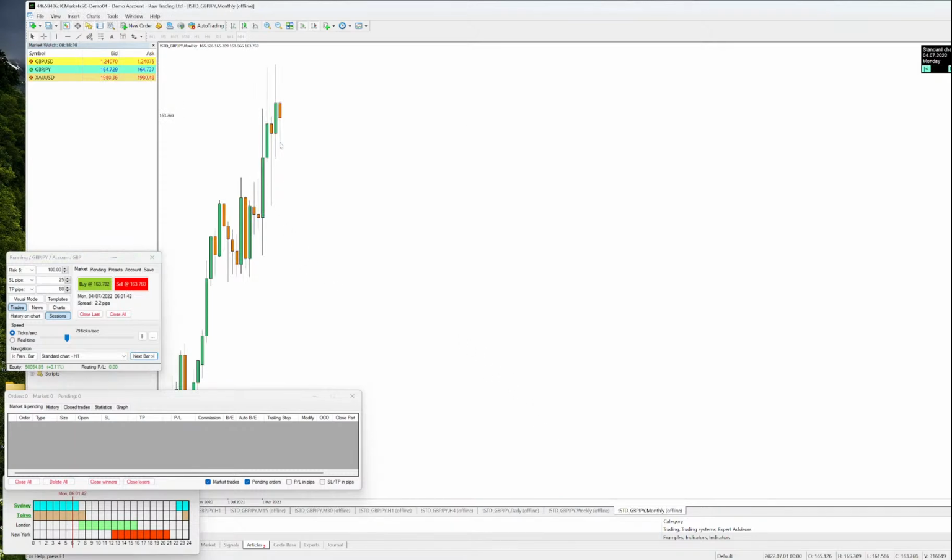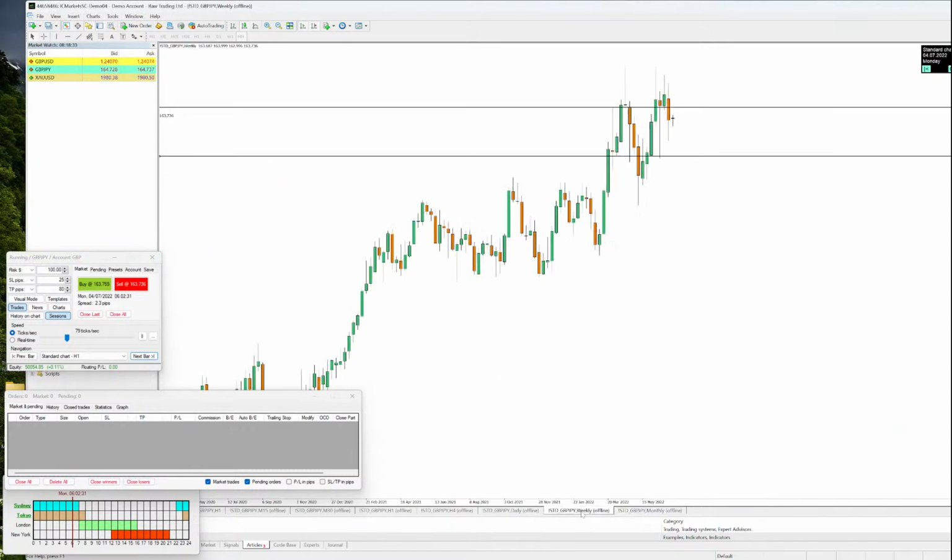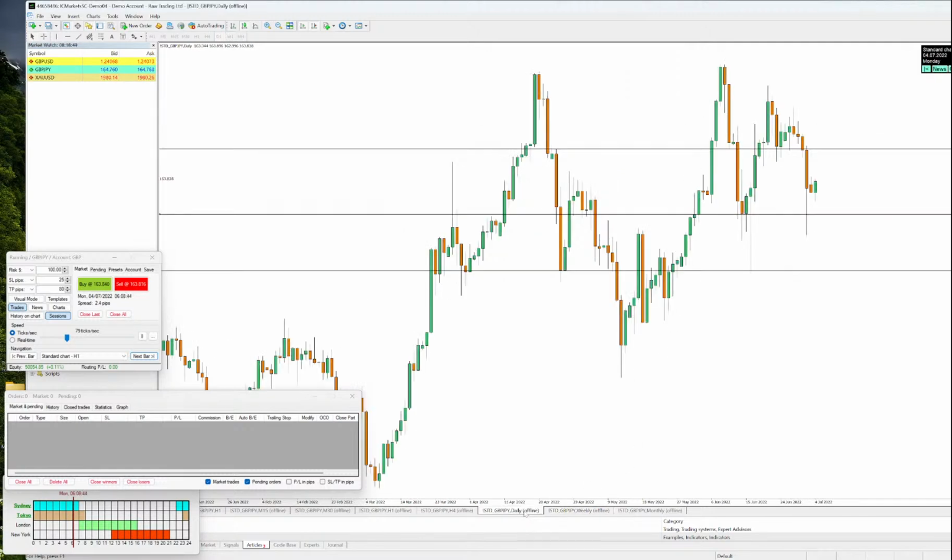Monthly made a wick here. Weekly closed bearish, rejecting that. So I see this weekly candle coming right over here, tapping this level and just forming a wick, and then I'm just going to look for sells. Potentially very nice sells will come throughout the week. The daily also closed bearish. I can see today's maybe just bouncing here, but overall once we get 165, I'm going to take some